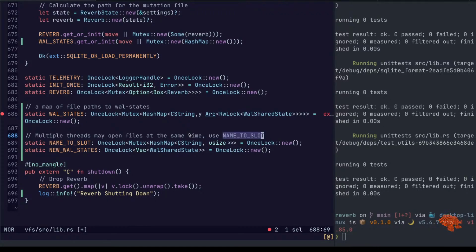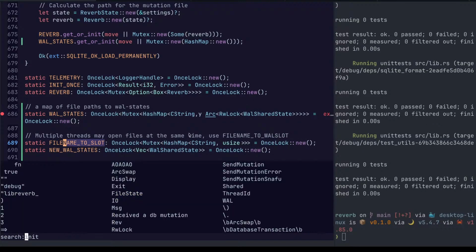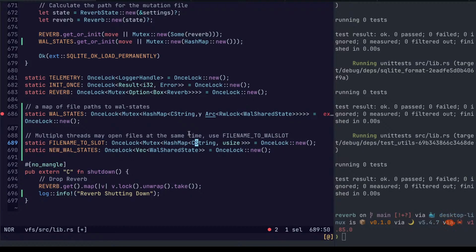Let's call it something else. File name to wall slot.